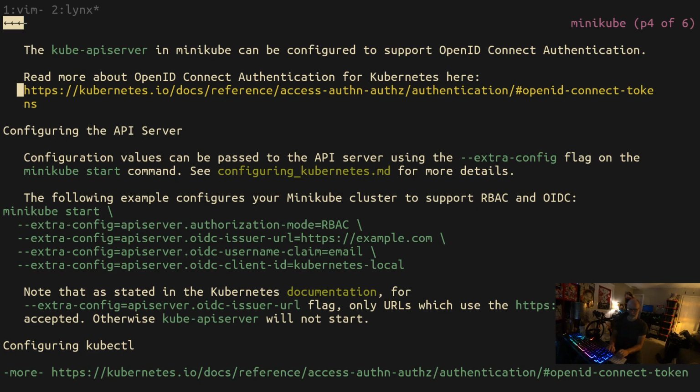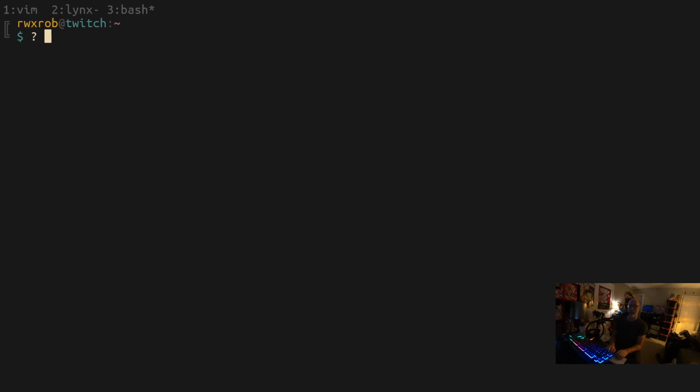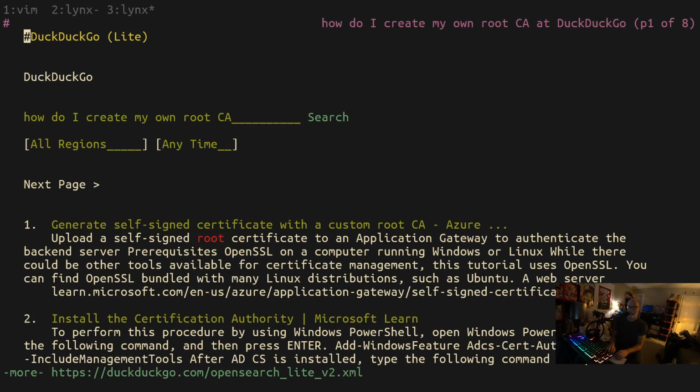So this channel just changed into a topic called how do I create my own root CA? CAs don't have IPs. I didn't think they had IPs. CAs are based on domain, right? Okay, I think I got you. But what I'm trying to get at is I definitely don't want to create a domain for rwx.gg, because that's what I'm afraid of is